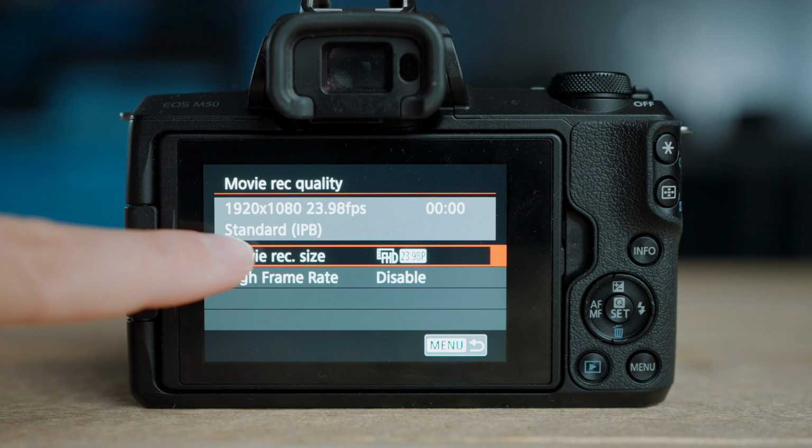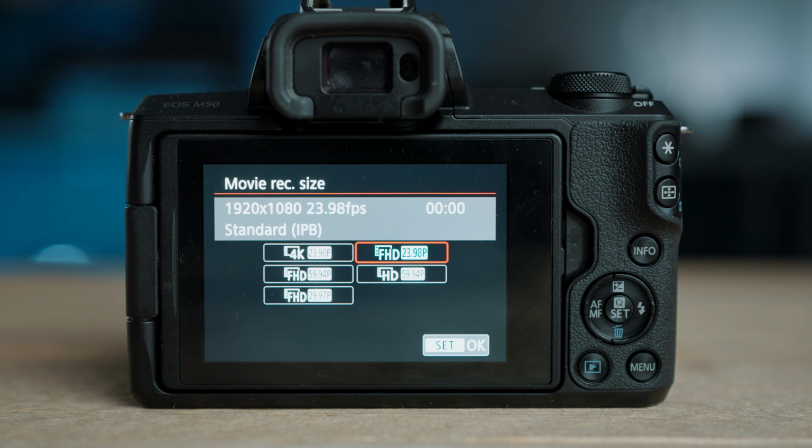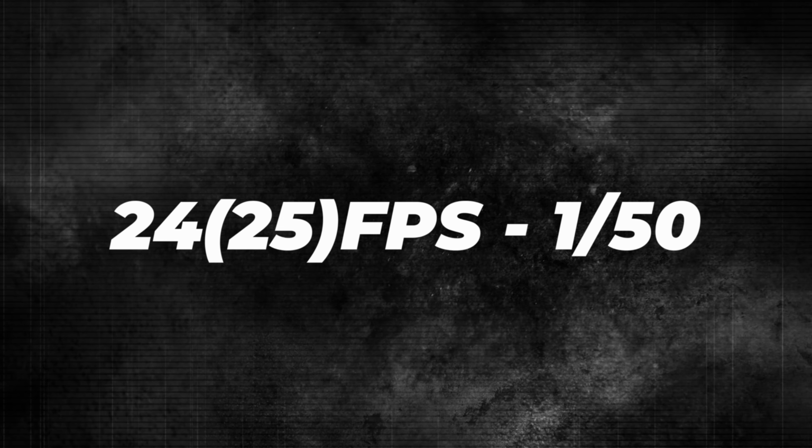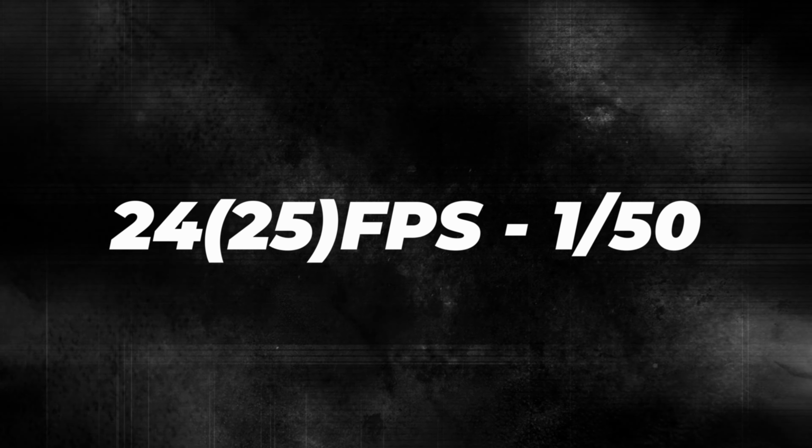And the exposure looks okay again, but look at the motion blur. How weird is that? That's not what you want, right? And also, the other way around, increasing the shutter speed is usually not a good idea. Ideally, you want to set your frame rate to whatever you want. In my case, it's 24 FPS, and then double the shutter speed. So for me, that's 1/50th of a second. And then never touch it again, unless you want slow motion.